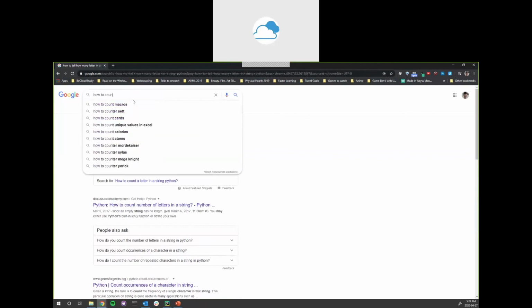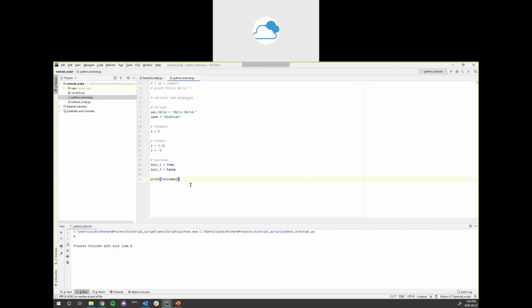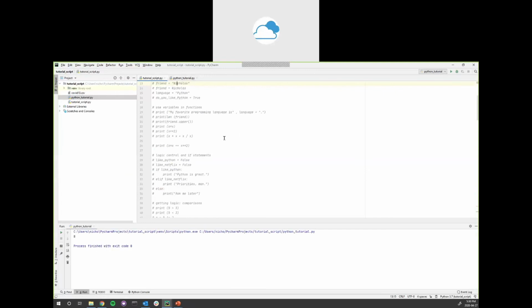How to count the length of a list in Python. Cool, yeah, so we'll use the len here. So then you just say, okay, cool, I'll use len. So that's just a little example of using more functions in Python. Let's go and do,